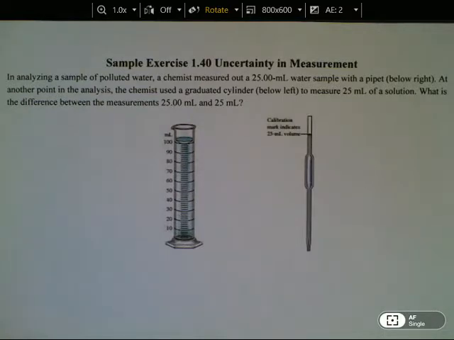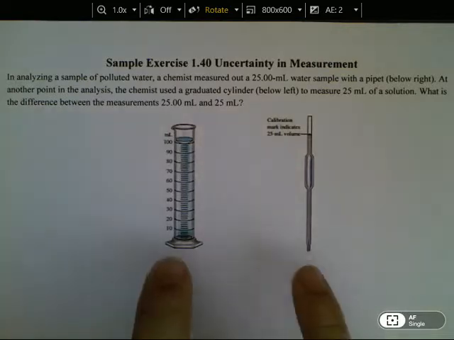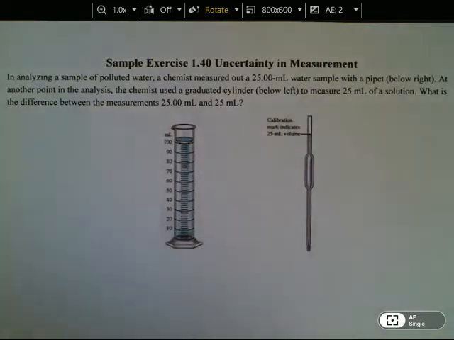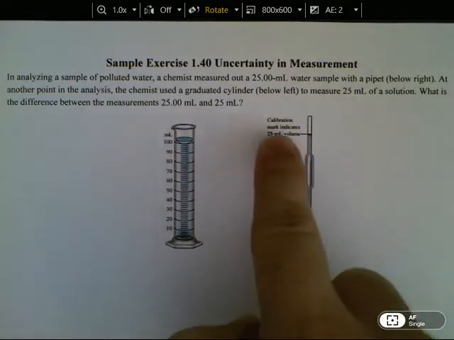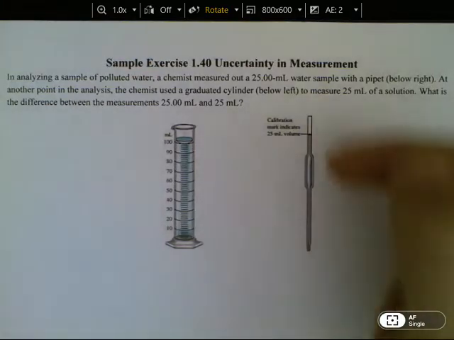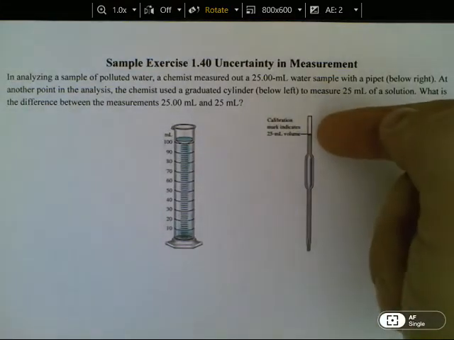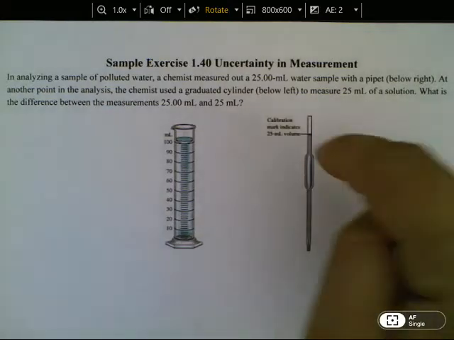Now, one of the things we want to point out, and I'm hoping that you've noticed in your reading, especially looking at the figures in your book, of which these are two. Both of these are cut straight from your textbook, so that you guys can be familiar with this. This pipette here has a calibration mark of 25 mL. That means this pipette has one mark. It's right there. That one mark on the pipette says 25.00